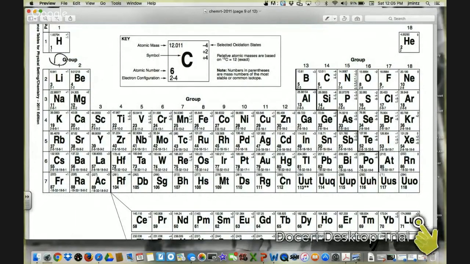All right, and then everything in this group, or the group going down, are going to have the same sort of chemical reactions because of the valence number. So notice that everyone in group 1 has 1 valence number, or 1 valence electron. Everybody in group 2 has 2 valence electrons, which means they're going to behave in similar ways. What's nice about the periodic table is because it is arranged this way, and the group number is telling you how they kind of react, everything in group 1 is going to react similar